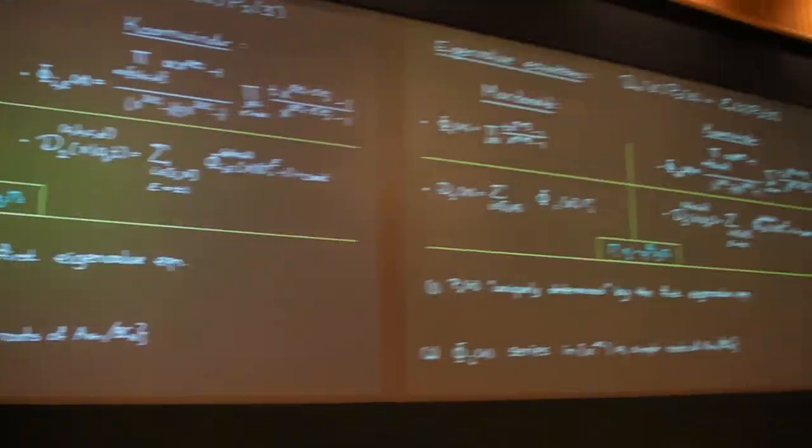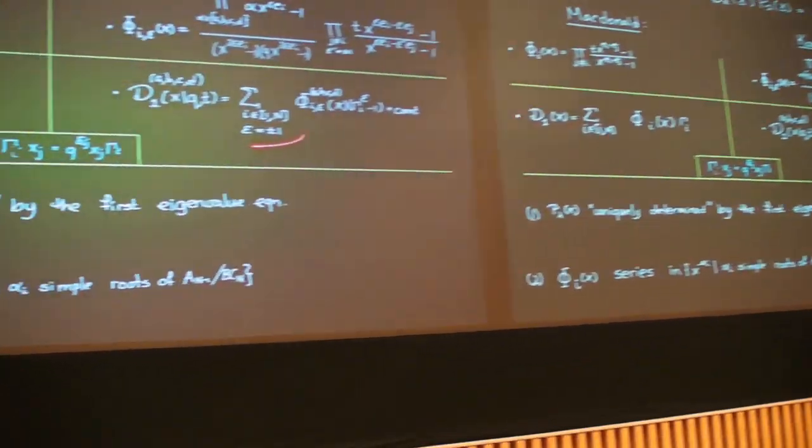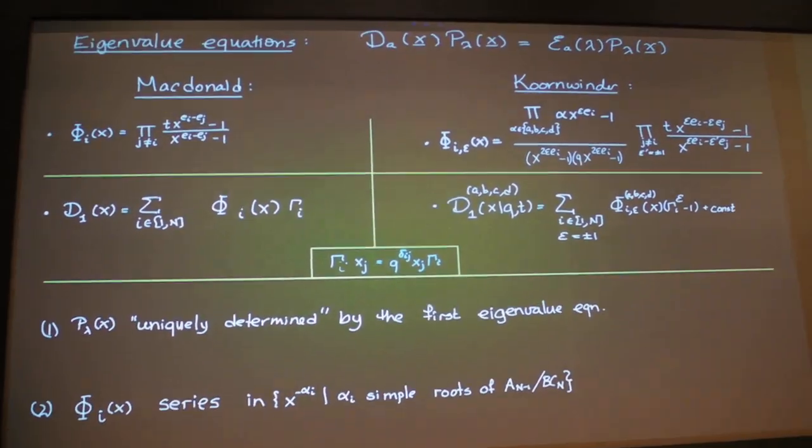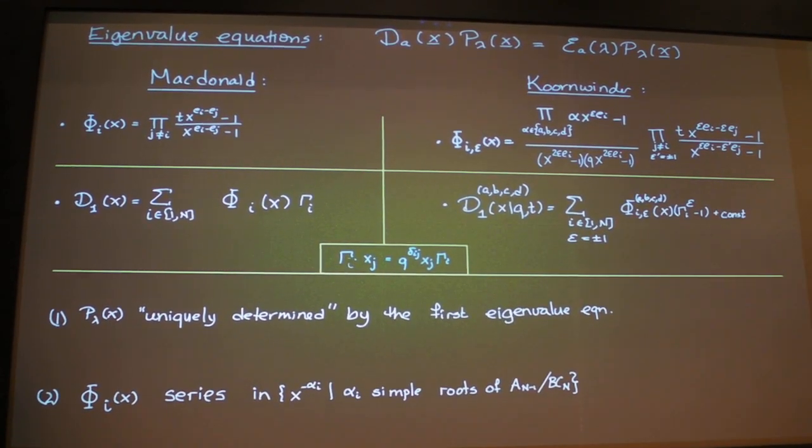I'm learning on the fly here. Okay, so I symmetrize over a C-type fiber. And then, as we know, the first equation with D1 uniquely determines the solution if you choose it right. So the solution, the eigenfunctions P lambda, are uniquely determined by the first eigenvalue equation, and uniquely determined means, well, I have to choose what I want this